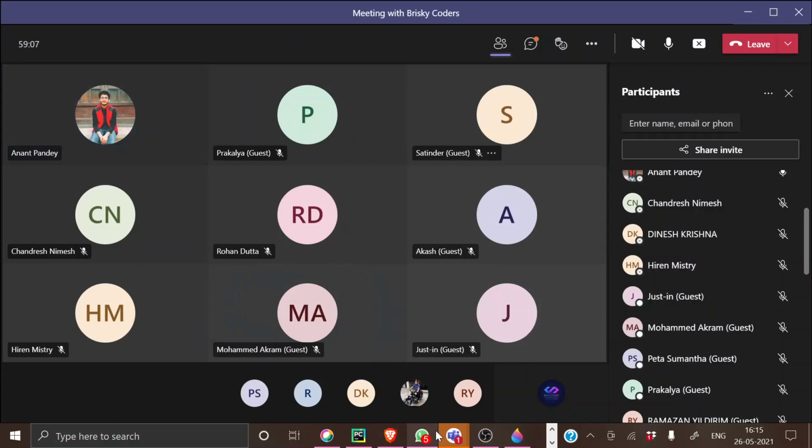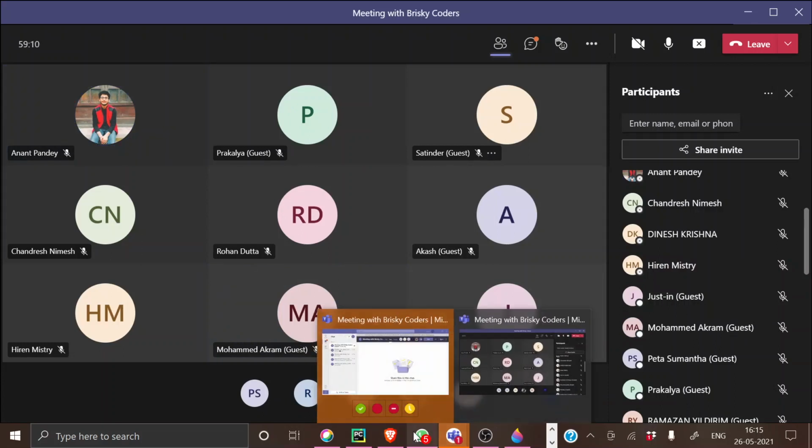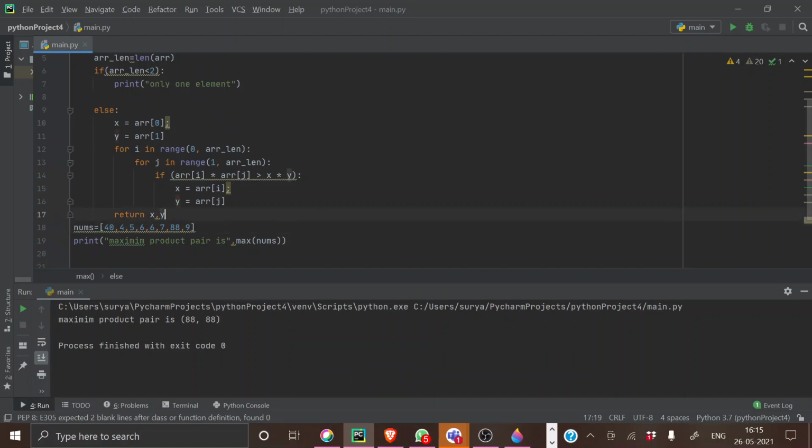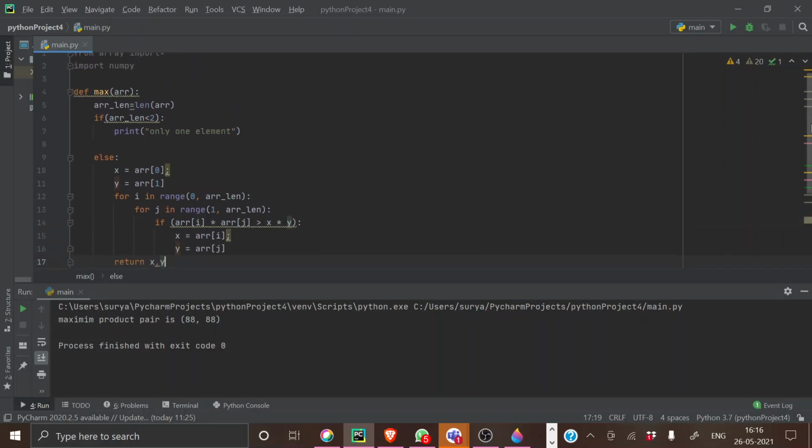Okay. Definitely. I will give you a very small work now. I've made this problem for multiplication. I want this same program to happen for both.